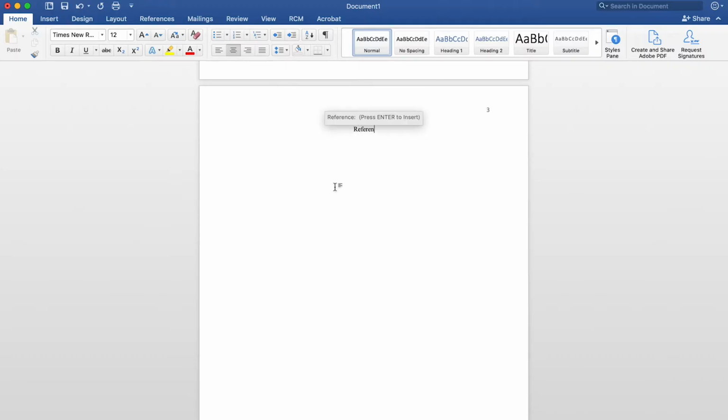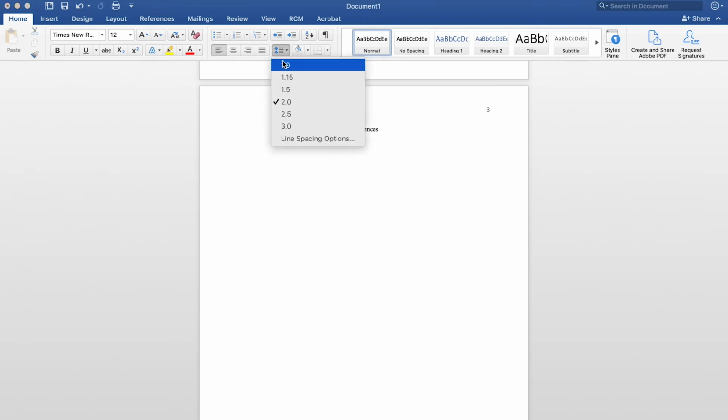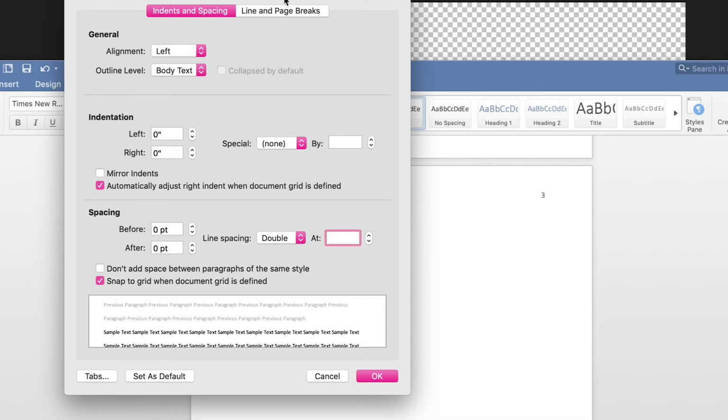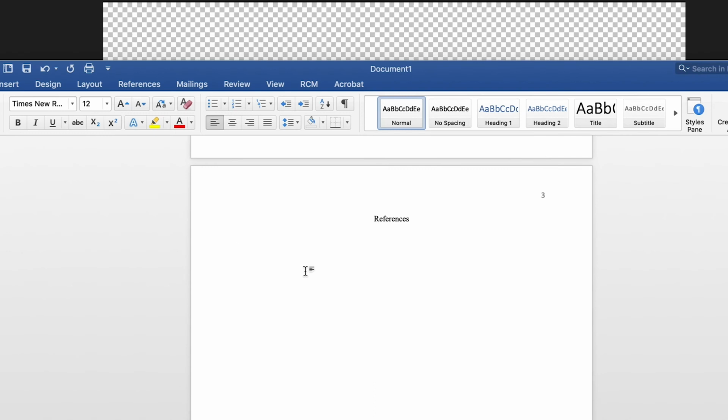At the end of your paper, create a new page and list all of your references in alphabetical order. At the top of the page, enter the word References and make sure it's in the center of the page. On the next line, add a hanging indent to your paragraphs. In Microsoft Word, you can do this by selecting Paragraph Settings and going to the Indentation section. Look for the word Special, click on the down arrow, and select Hanging from the drop-down list. Depending on the type of source you're citing, the formatting will be slightly different.